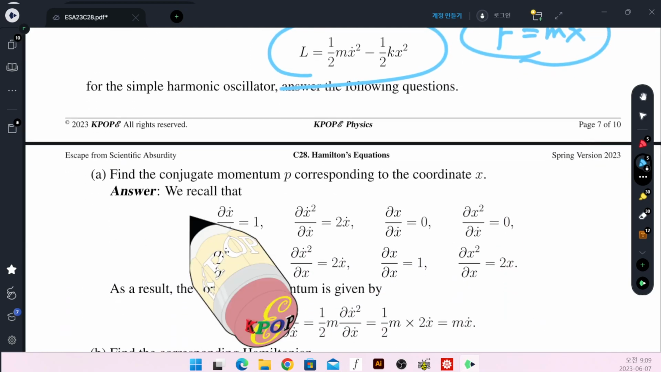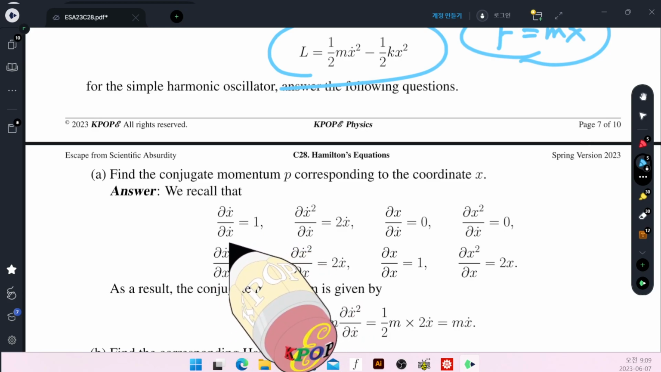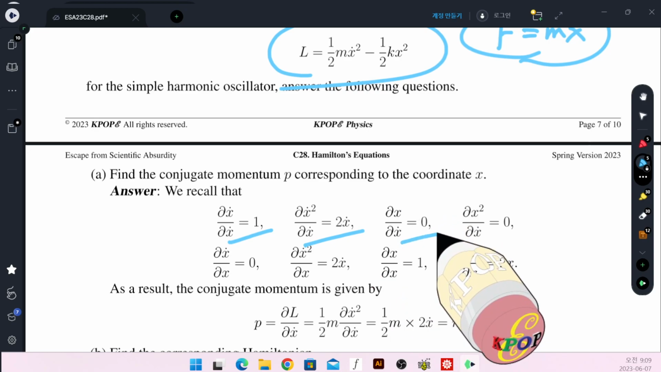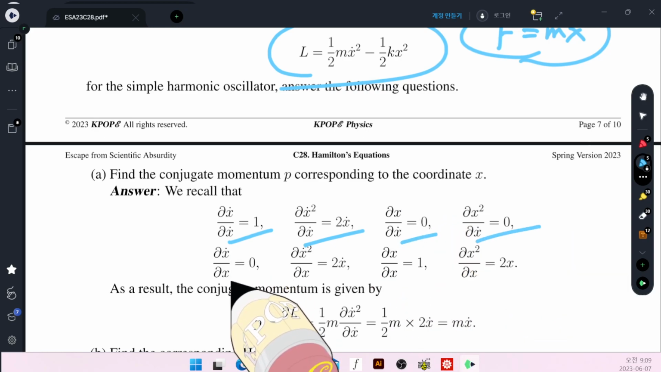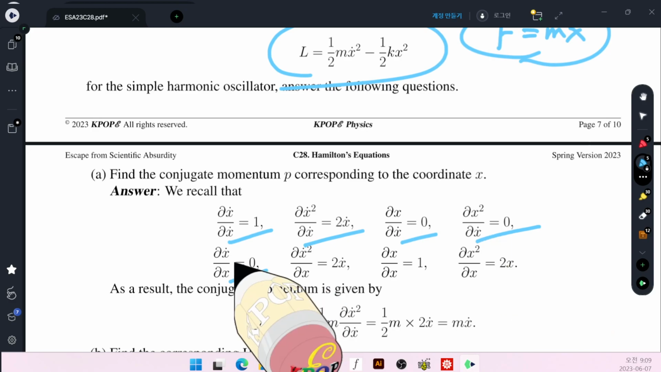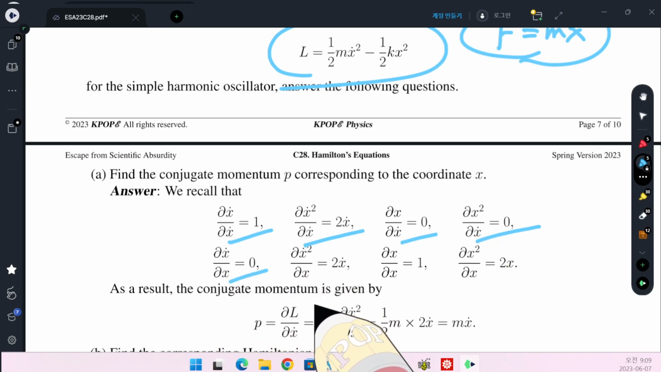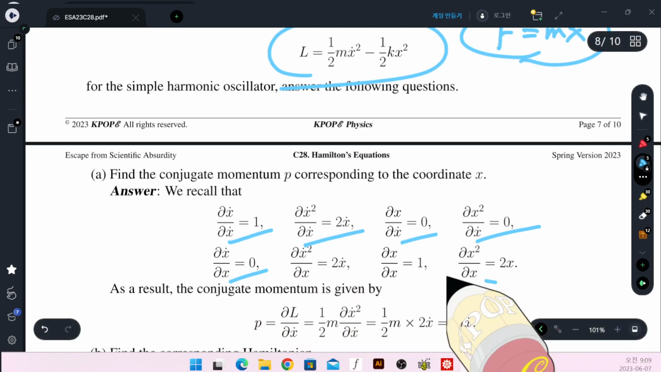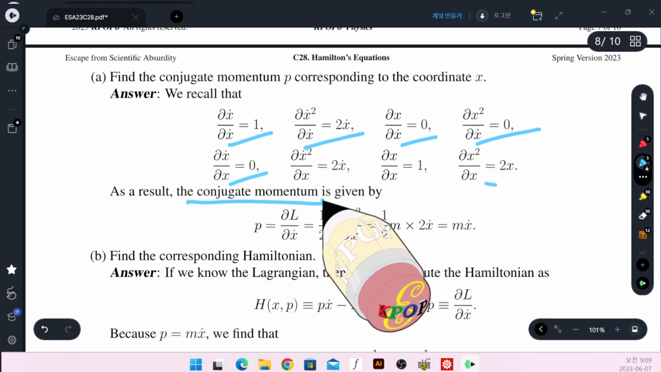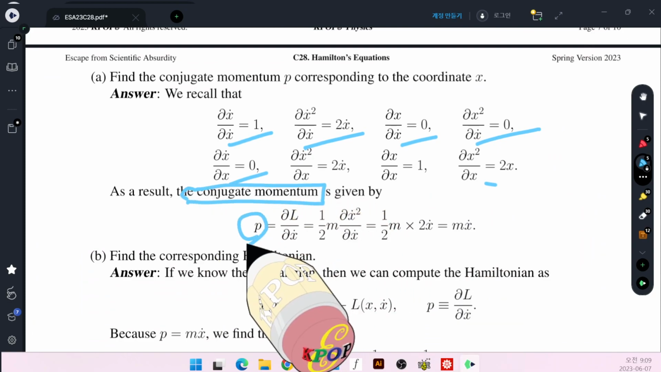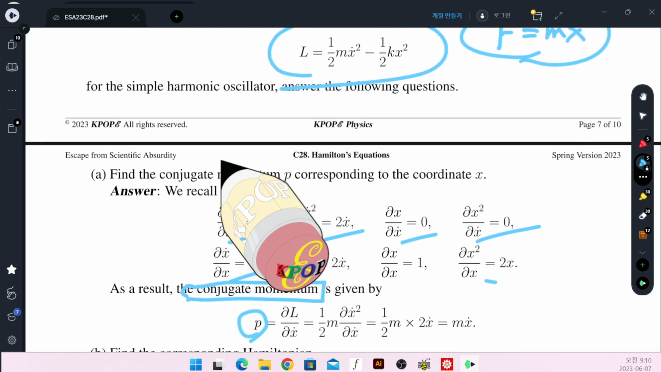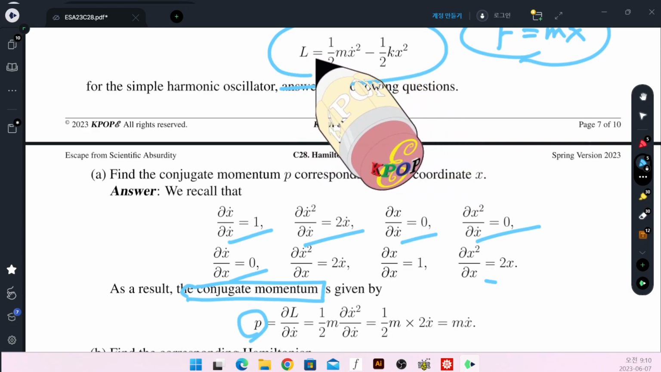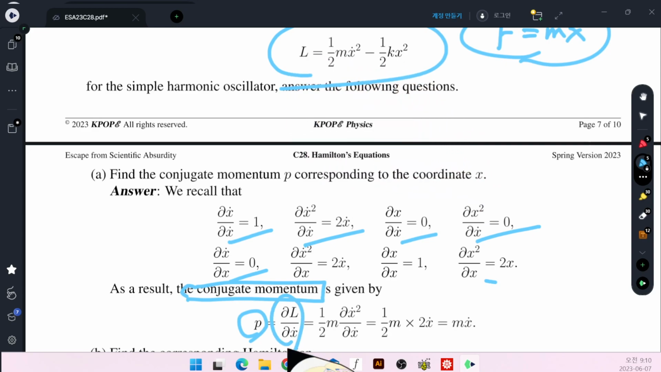Let's see, it's a very simple relation: velocity and coordinate are independent. In a similar manner, x dot and x are independent, and we have this differentiation table. What is the conjugate momentum? The Lagrangian is here. We take the velocity derivative of the Lagrangian to find the conjugate momentum